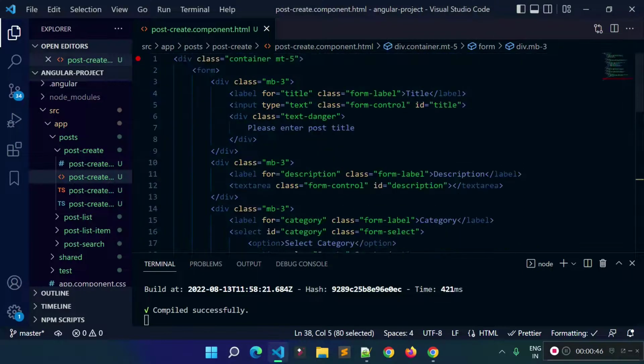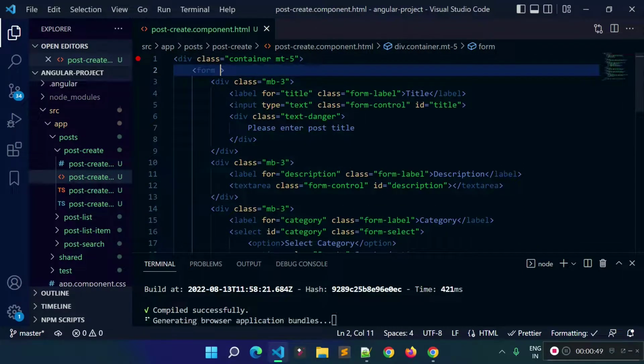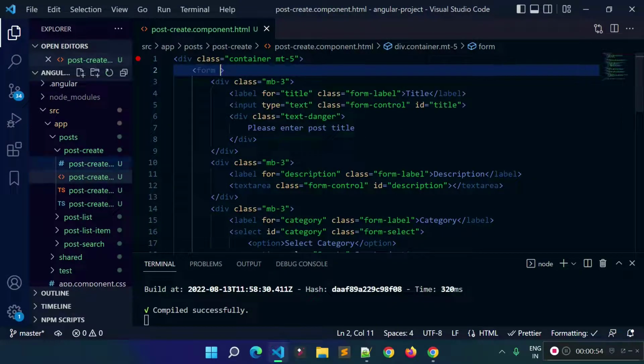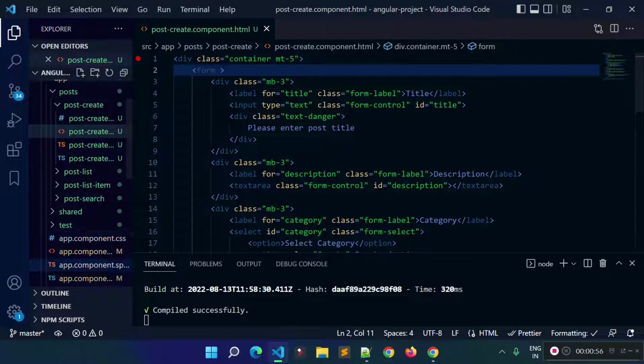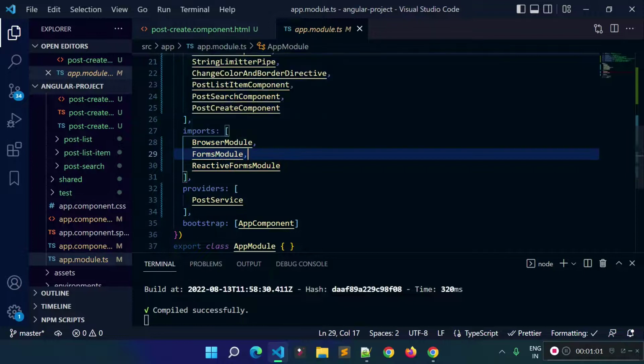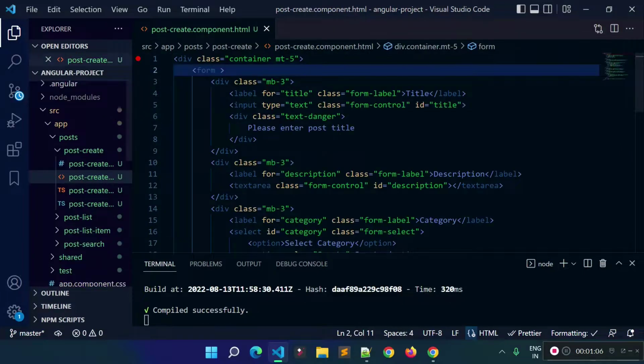Now to make this form a form group in Angular, we need to add the ngForm directive to this form tag. Before adding the ngForm directive, we have to make sure that we have imported the forms module inside our module's imports array. So we have this forms module inside our app module's imports array, so that we can use the ngForm directive on our form tag. So let's add the ngForm directive to this form tag to make this form a form group, and then I'll store this ngForm instance in a template variable called postForm. This is actually a template reference variable,